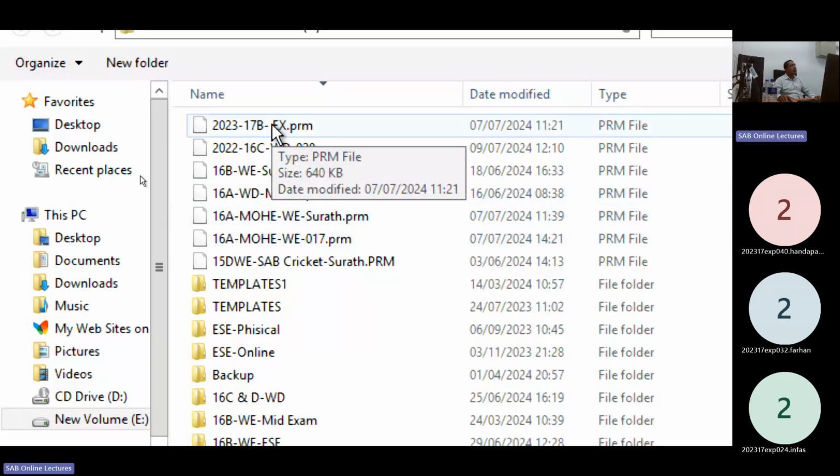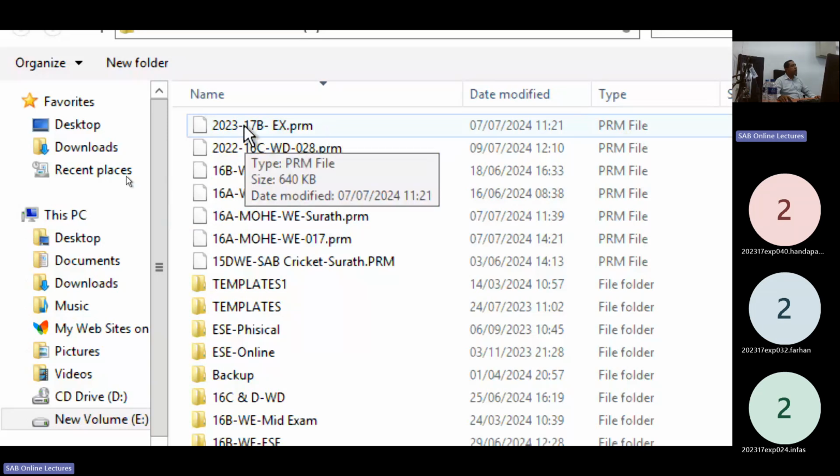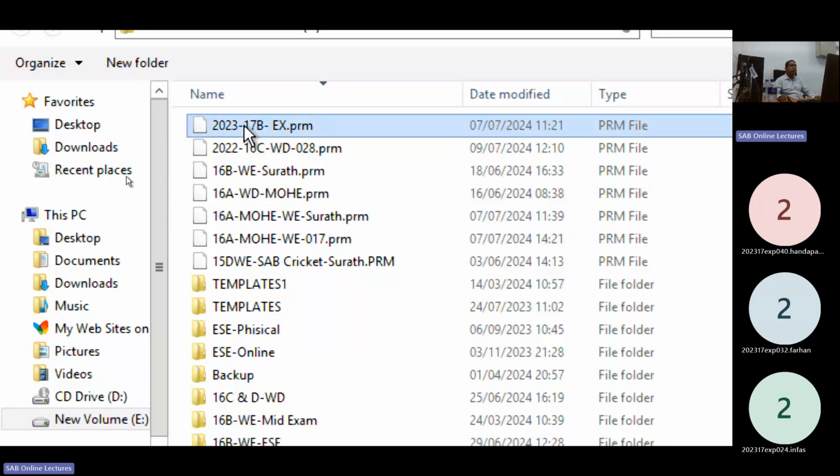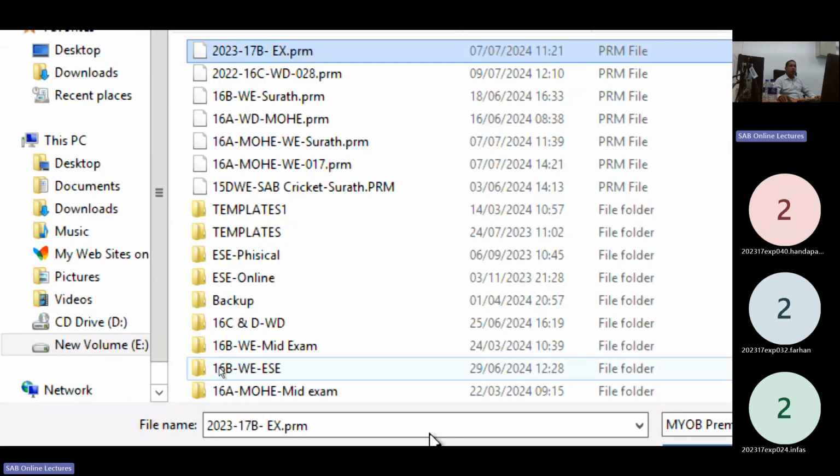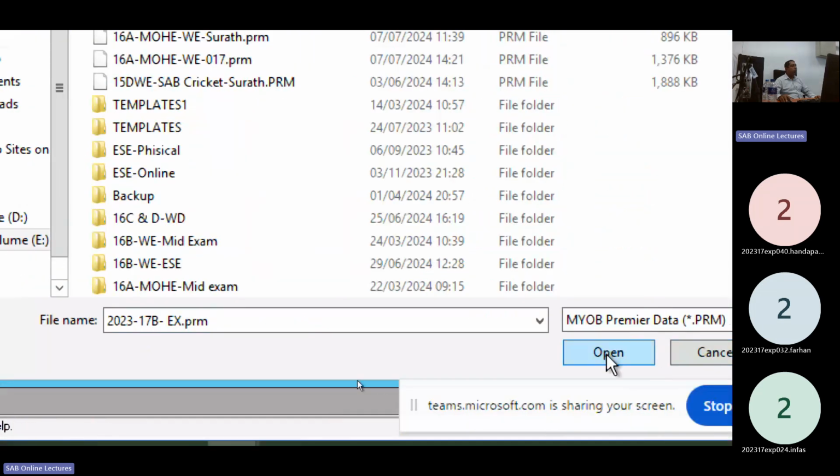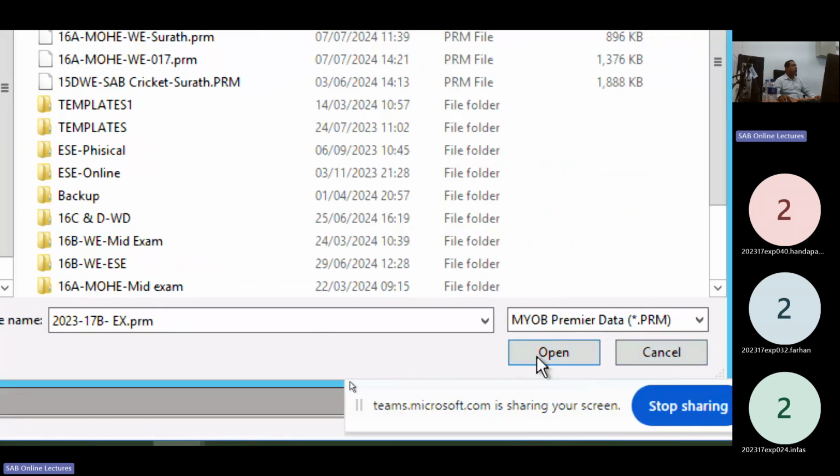This is your company file. You get the file type, PRM type. Select your company from the list. Click open.